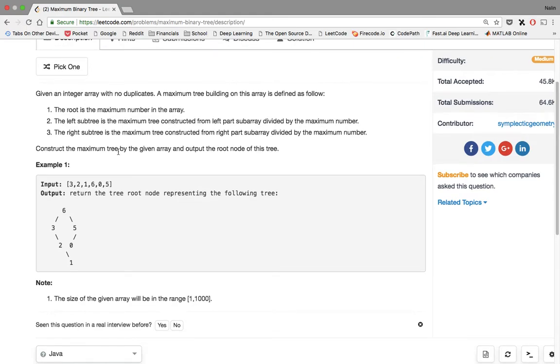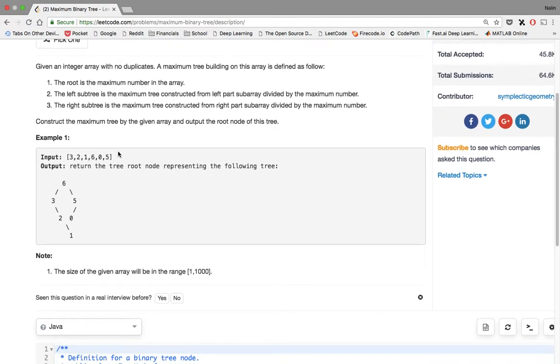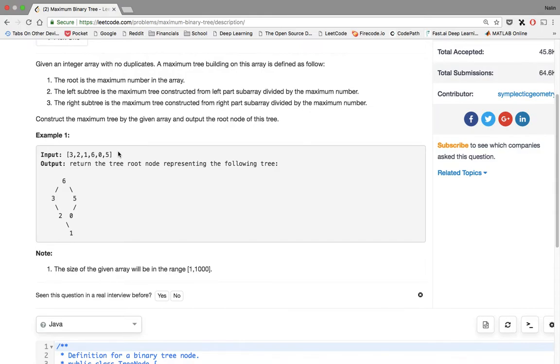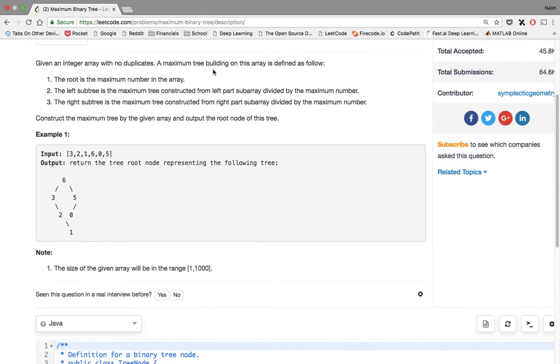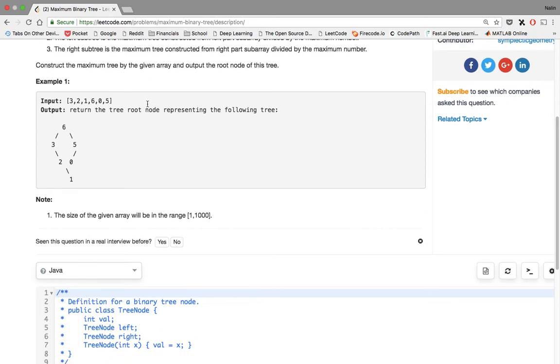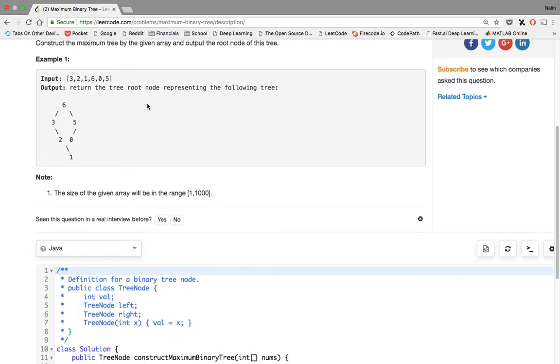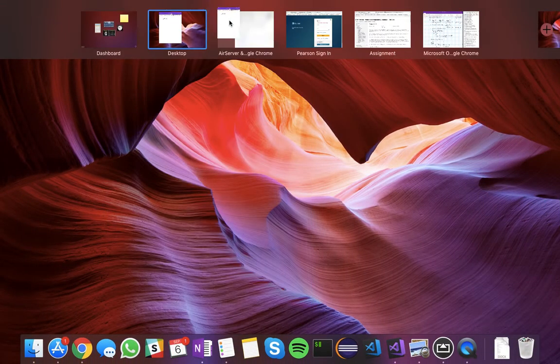Construct the maximum tree by the given array and output the root node of this tree. So what is the maximum tree? Okay. So it seems like if we run through this example that we were given,